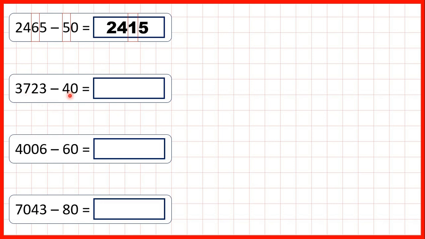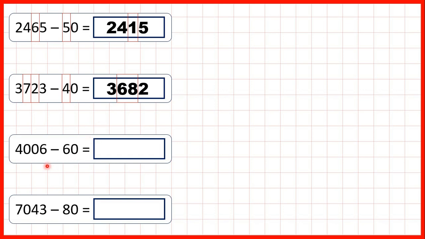Now 3,723 minus 40. This time, when we highlight our tens digits, we need to subtract 4 tens, but we only have 2 tens. So our hundreds digit will need to change as well, because we'll need to exchange. So if we highlight our hundreds digit as well, we can work out 72 minus 4, which is 68. So we can change these digits to a 6 and an 8. All of our other digits stay the same, so our answer is